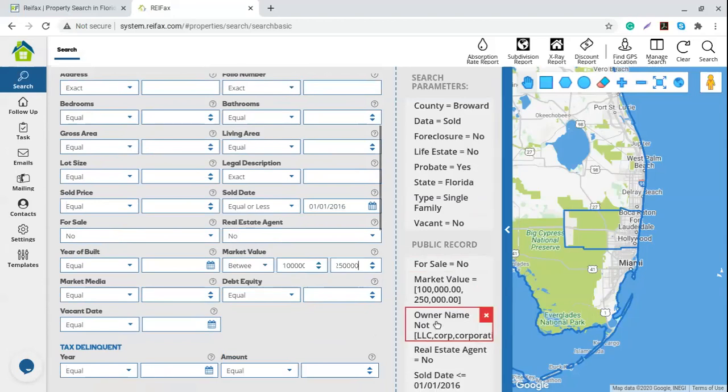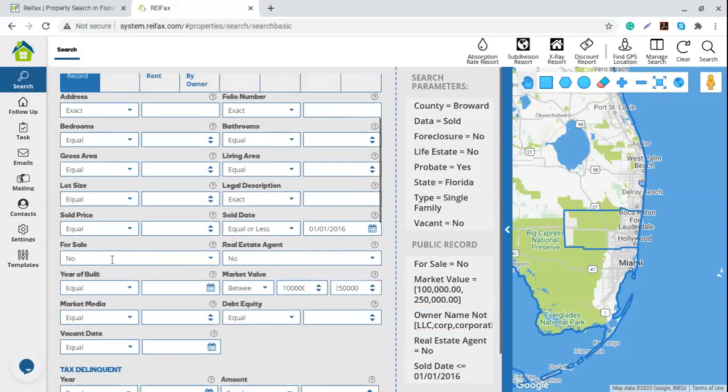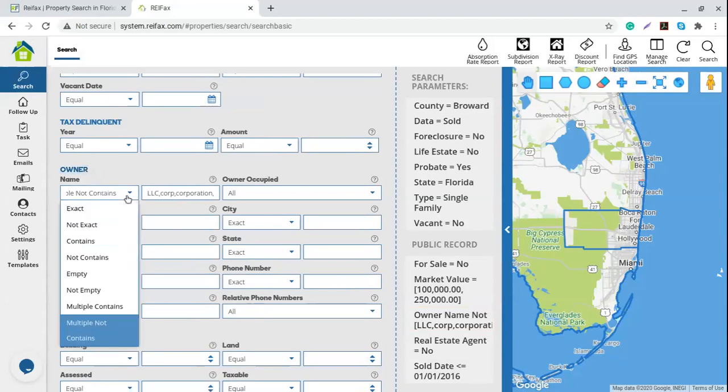To leave out from my results some types of owners, I need to select the filter for public records. Again, we are still on public records. Scroll down until you see the filter for owners right here. And on there, the owner's name, if you don't want to find corporations in your list of properties, you need to open this filter and select multiple